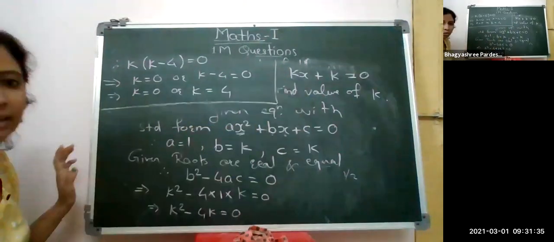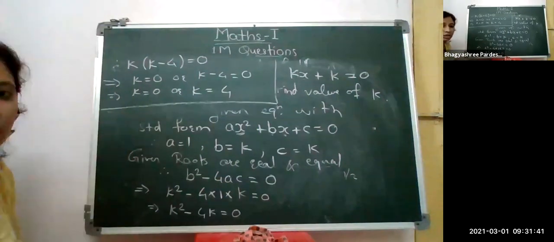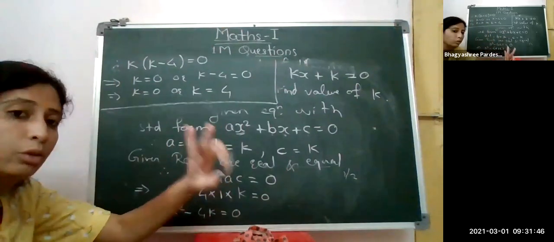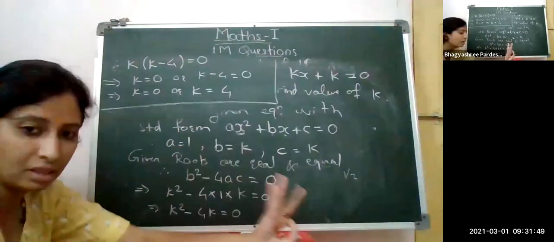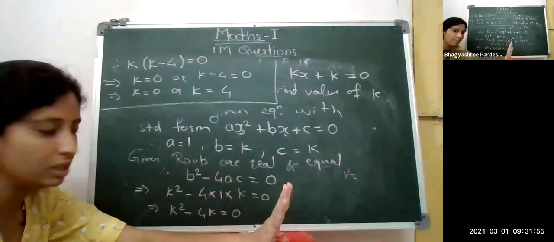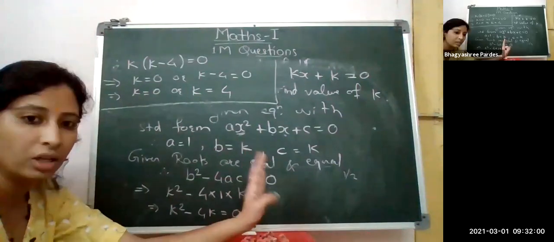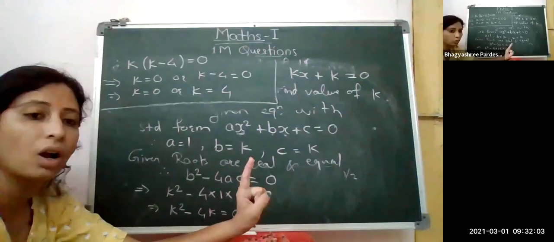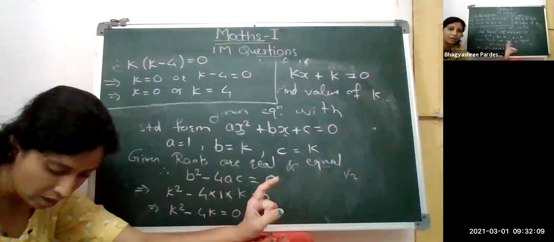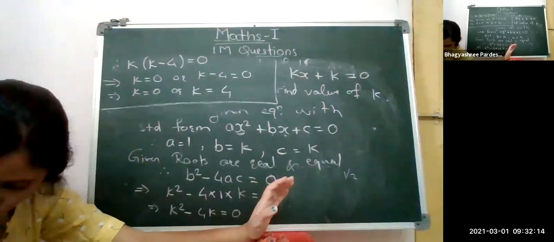Got that? Understood how the question was simplified? This question can be asked for 1 mark also, 2 marks also, or sometimes it can be asked for 3 marks also. Only the marking scheme will change here and the difficulty will change a little bit. And actually this was asked in the MCQ. This question was an MCQ. So it's very important that you remember what the discriminant is and how to identify the nature of roots according to the discriminant. Okay? Any doubt in this question, anyone? Okay, hope no one has any doubt.